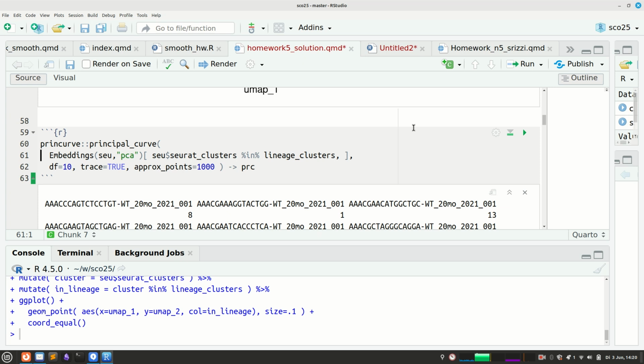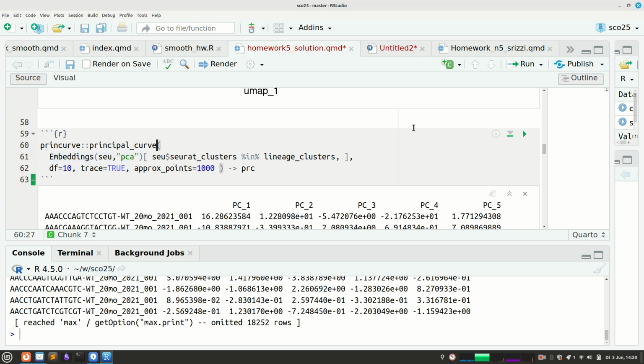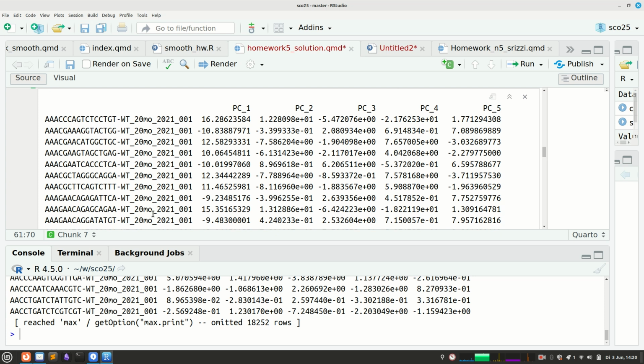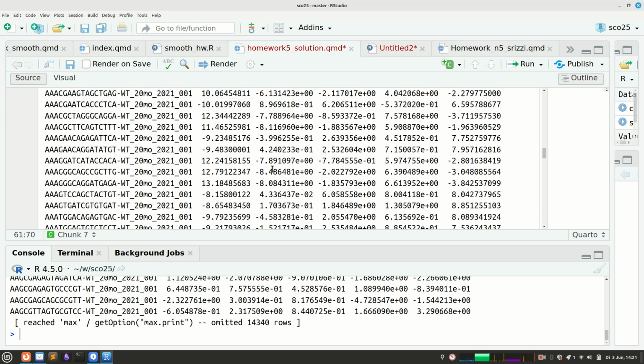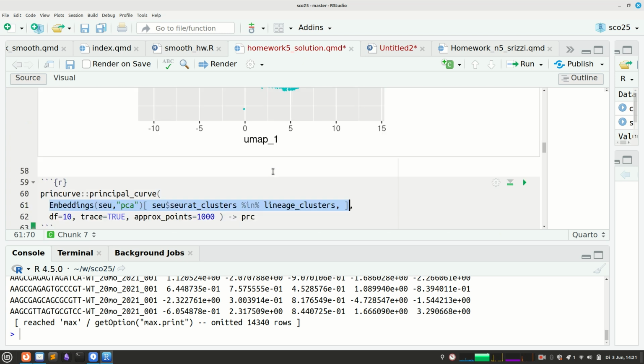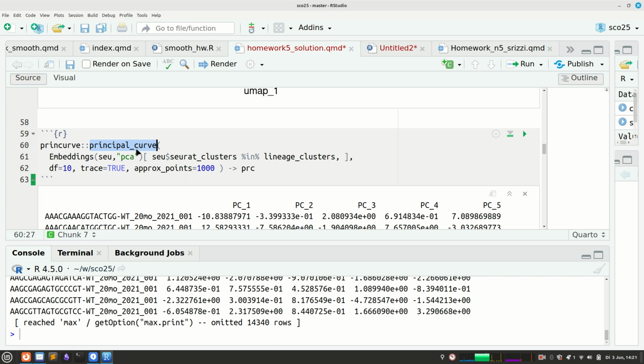We have here the PCA coordinates. And as you can see here, if I subset with this, I get only those rows of this big matrix which belongs to cells in the lineage. And the matrix gets a few less rows, and I give this to the principal curve function and tell it I want a principal curve with 10 degrees of freedom. And what this means is we'll